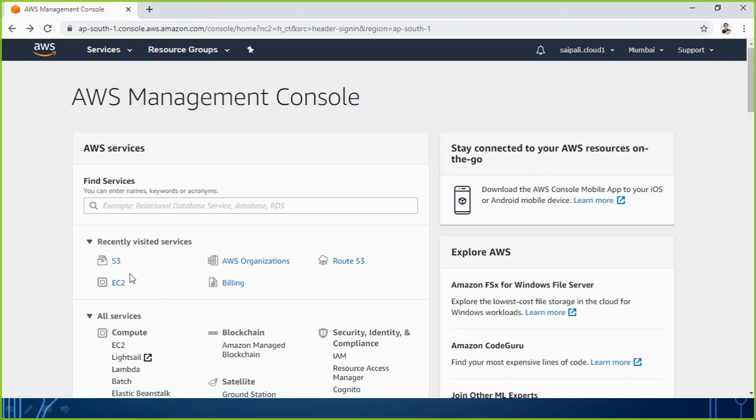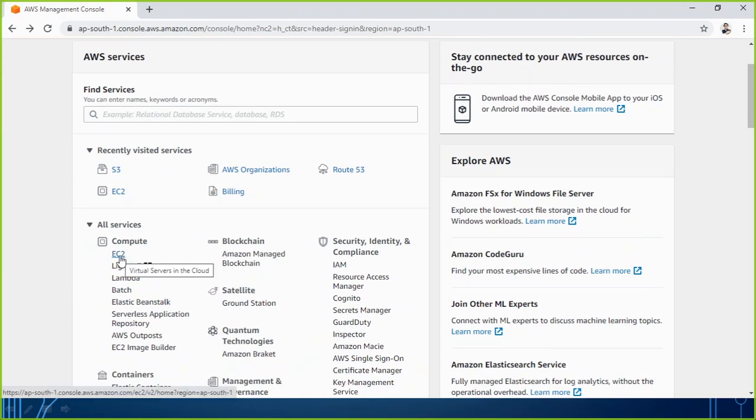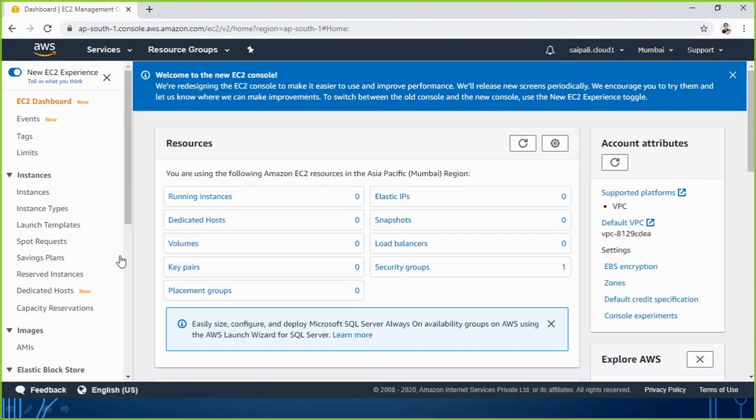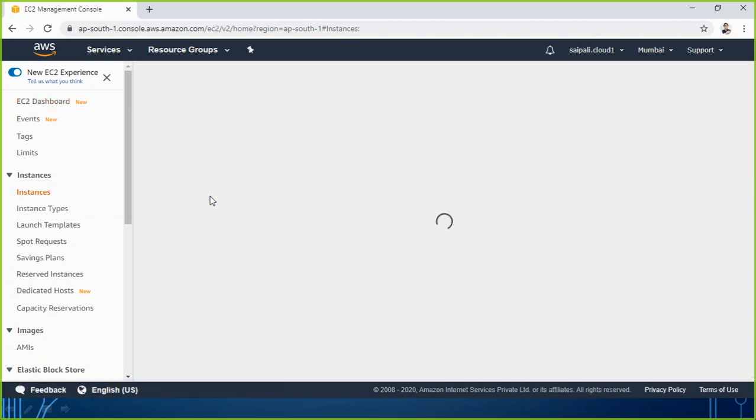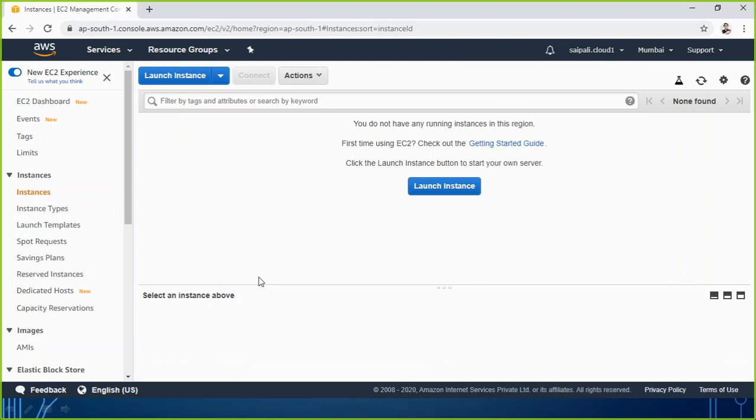After choosing the region, go to that particular service. For example, I want to go to the EC2 service. If you are working in a specific region and then go to that specific service, you will be able to see your running instances. In case you have made one, two, three instances, you will be able to see from there how many of them are running right now. If I click on running instances, it gives me the list, which is right now 0. But later we will see that once I create a new instance and keep it running, it is going to show up from here also.